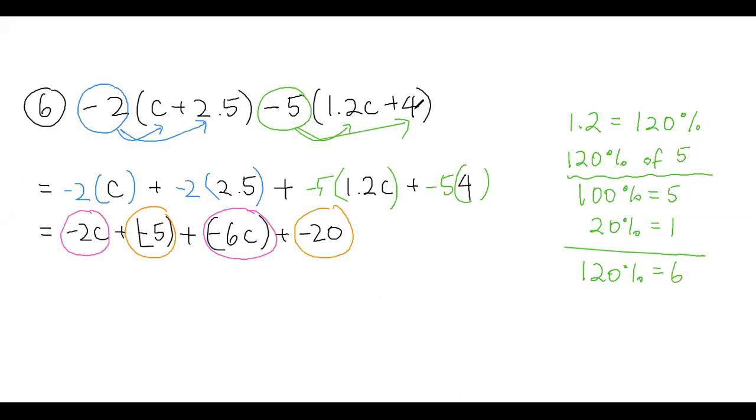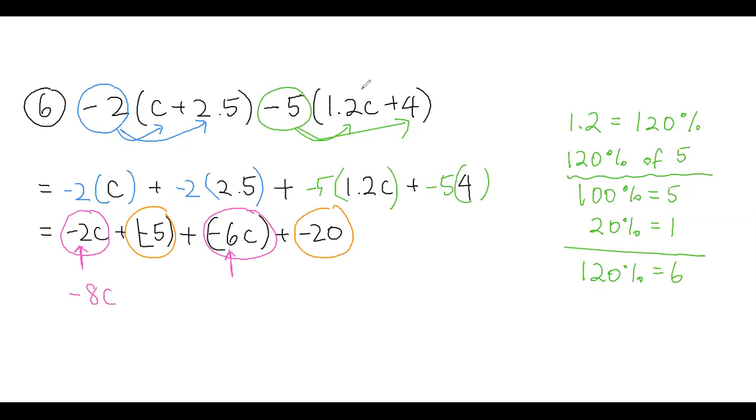So negative 2c plus negative 6c, negative 2 plus negative 6. Since they have the same variables, we're adding the coefficients together. The coefficients, negative 2 and negative 6, we get negative 8c